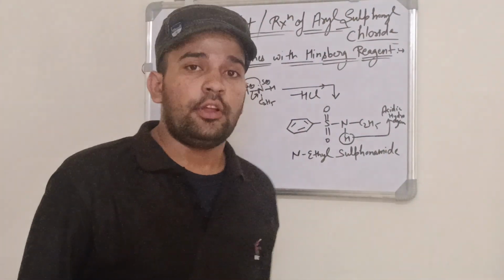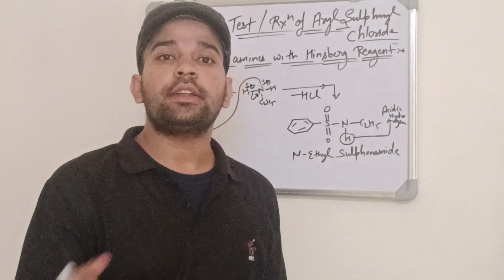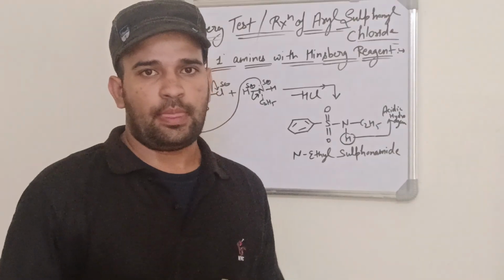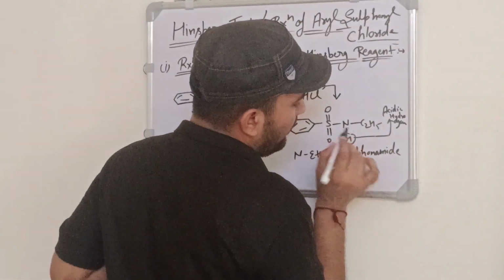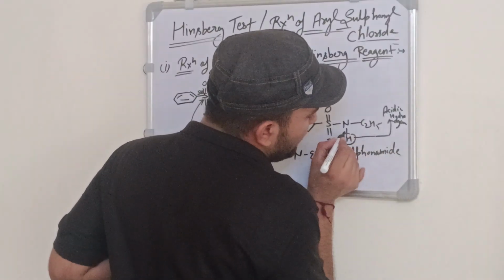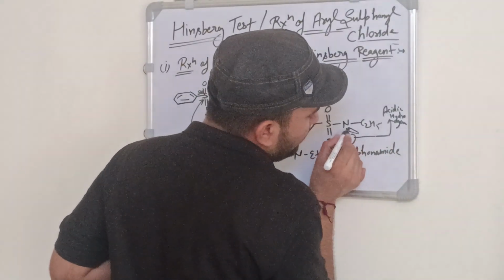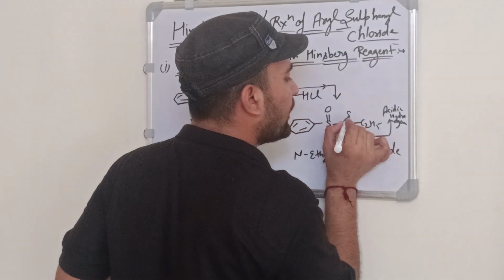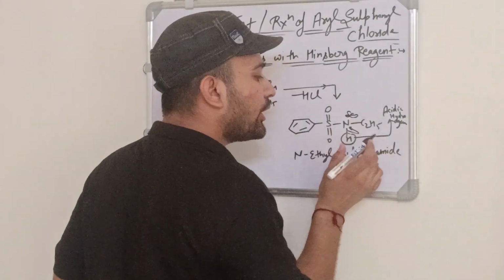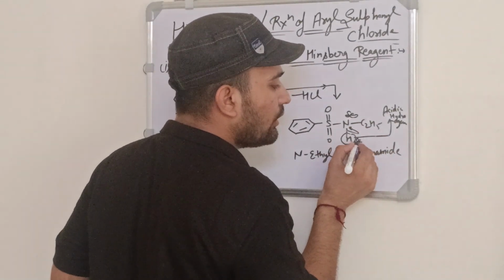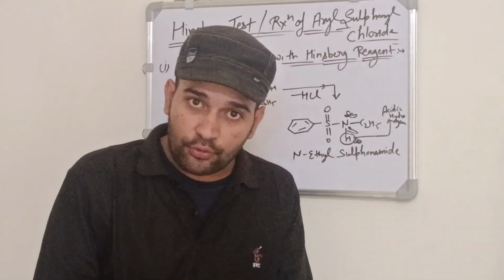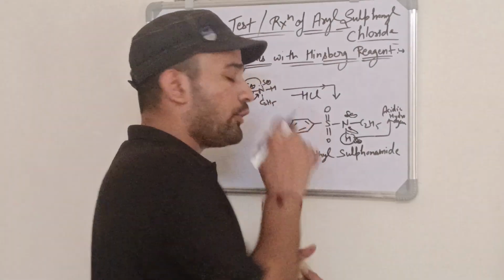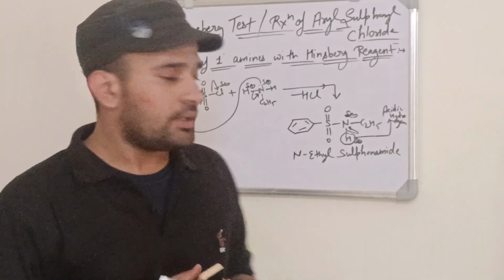What are acids? Those compounds that easily donate H positive are called acids. Now from here our H positive is easily removed. If H positive is easily removed, the bond electrons shift onto nitrogen, and then nitrogen attains a partial negative. Now this partial negative must be stable. How can it become stable? If any electron withdrawing group is attached to nitrogen, then only it will become stable.